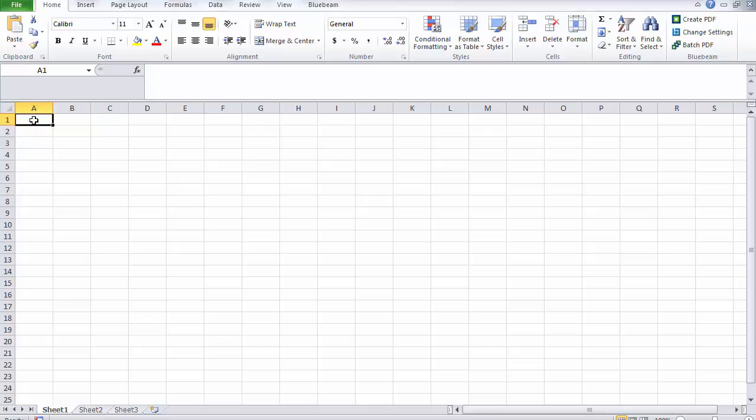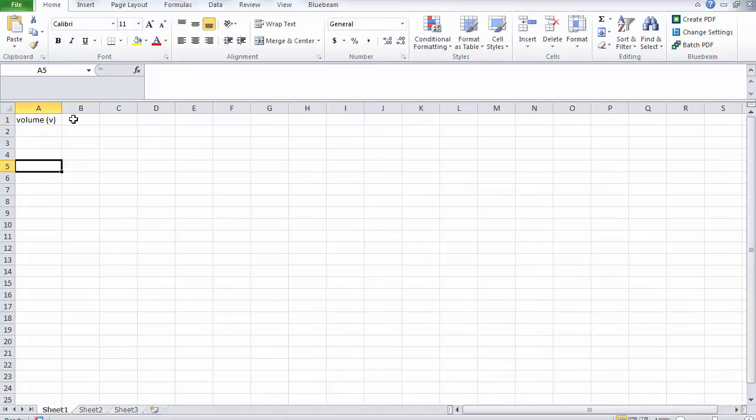So here I'll start with my label. This would be volume, and the letter would be V. You can make them wider, and the Y variable was mass of liquid, so mass of liquid,